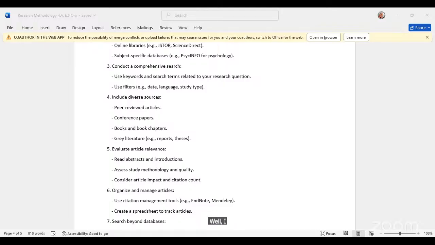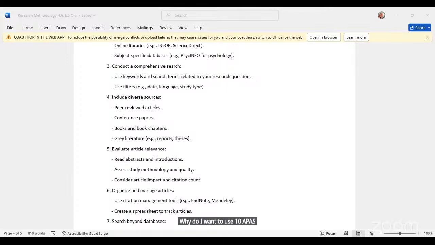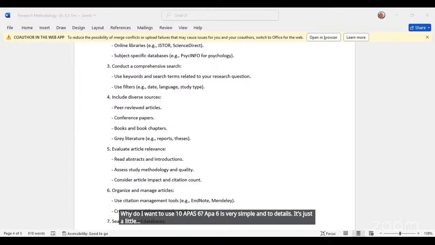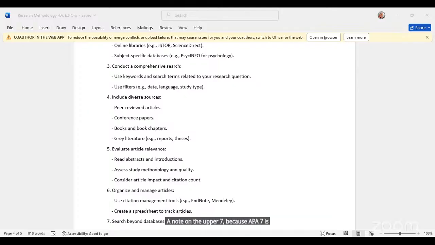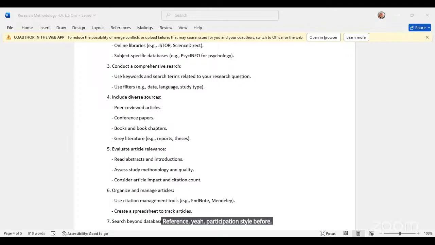Okay. This APA citation sheet, we have this APA 6. I want to use it as a template. Why do I want to use APA 6? APA 6 is very simple and detailed. It's just a few minor things we need to add for APA 7. I'll come back, maybe next lecture, with a note on APA 7. APA 7 is what I'm going to use, but I want to give you a basic foundation. For most of us, we've not been taught referencing in APA citation style before. For example, when you open the APA citation sheet,